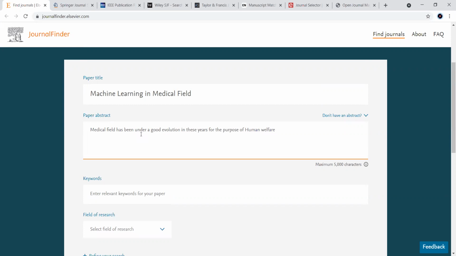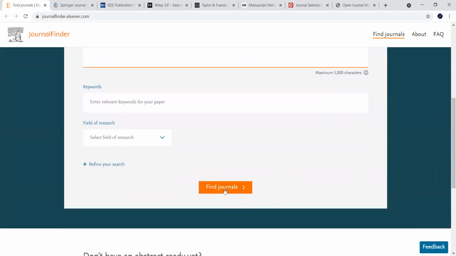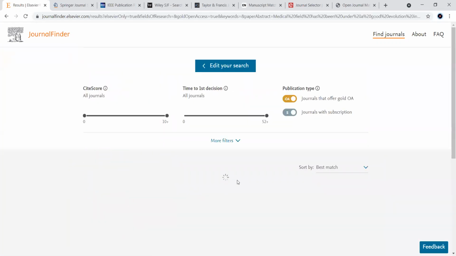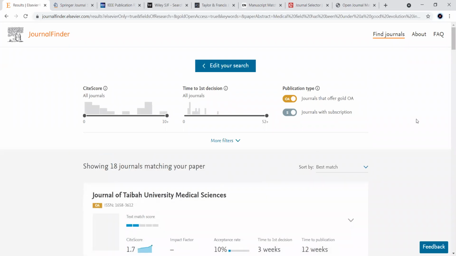Type some abstract, or if you already have an abstract with you, you can find journals here. If you want more, you can put the keywords into that one.